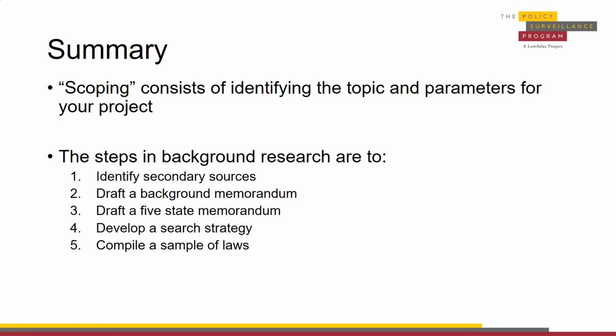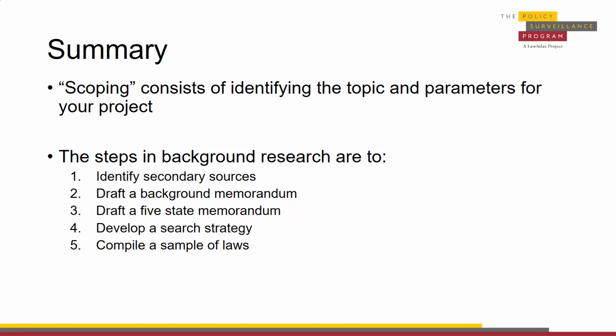So real quick, we're going to go over the 5 steps of the background research in summary. We identify our secondary sources. We want to make sure that there are secondary sources out there, that we're not repeating research that's been done by any existing secondary sources. We want to draft a background memorandum. Generally, we have 2 researchers each independently draft a background memorandum, which will identify